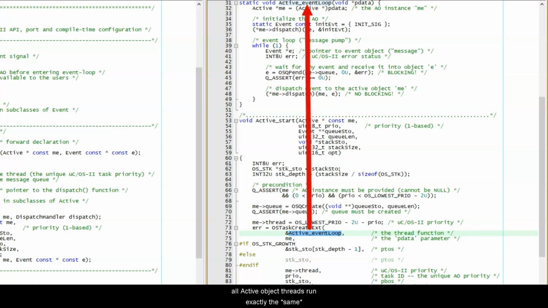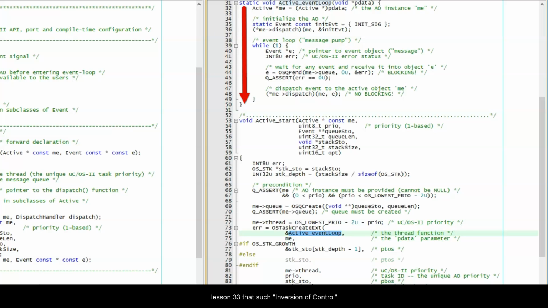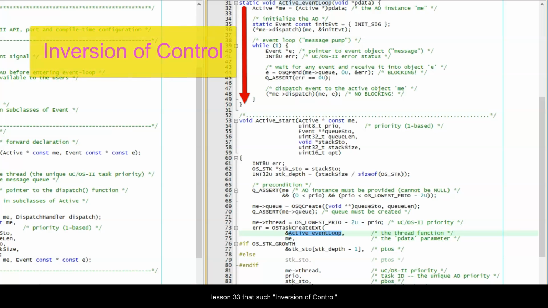In contrast, here all active object threads run exactly the same event loop function defined inside the active object module and even made static to hide it completely in this module. This means that the control over the thread function resides in the active object module rather than the application. Now, I hope you remember from lesson 33 that such inversion of control is one of the main characteristics of